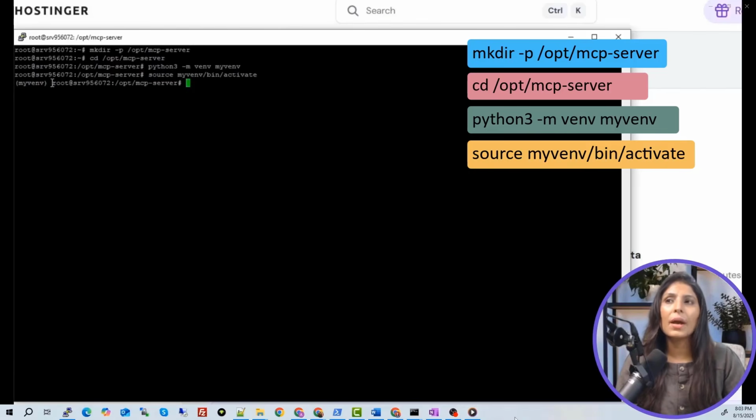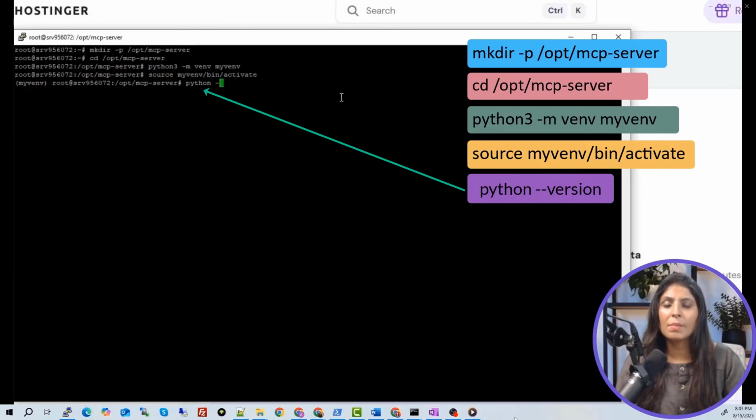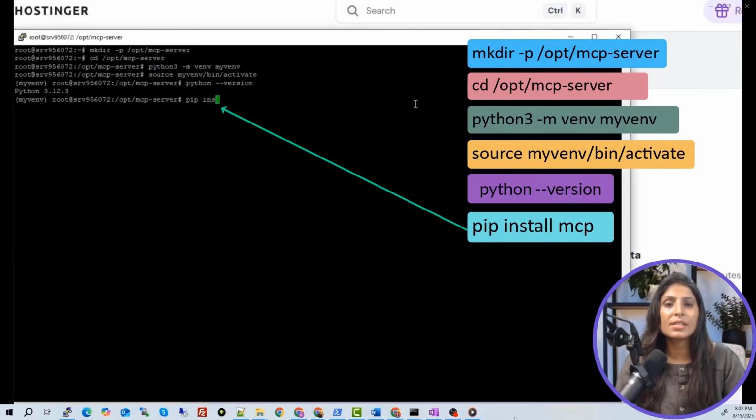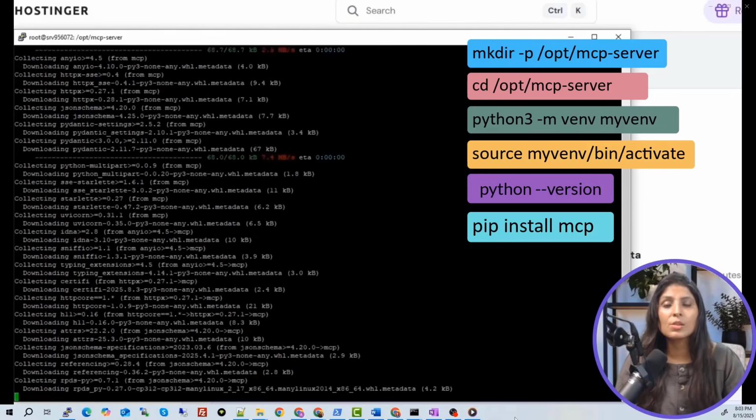Now let's check the Python version after creating the environment, which Python version we have, and then we will install the dependencies to run MCP server. So the Python version is 3.12.3, and now let's install the MCP package, which earlier when we tried to install it, we were getting error. So that's why we created the separate environment, right? So over here, we will run that same command, pip install mcp, and let's see if it works now. So yes, it is working now.